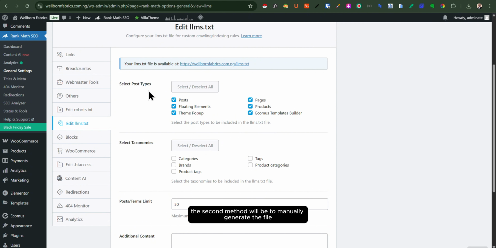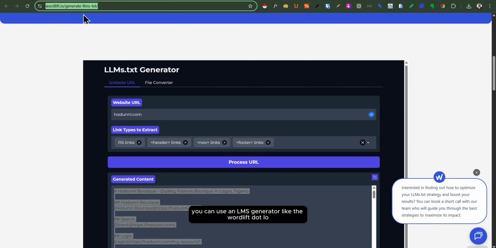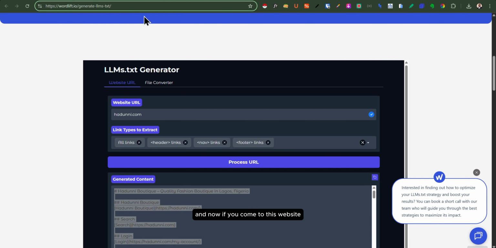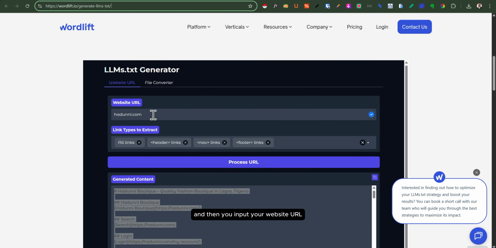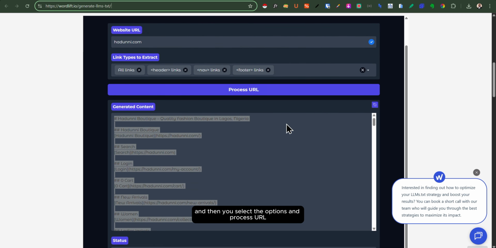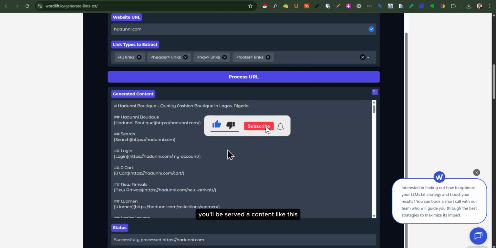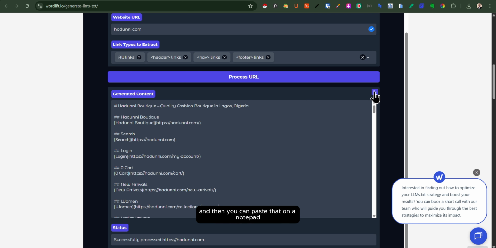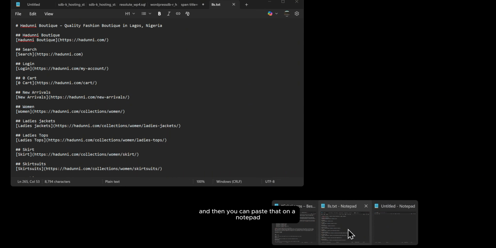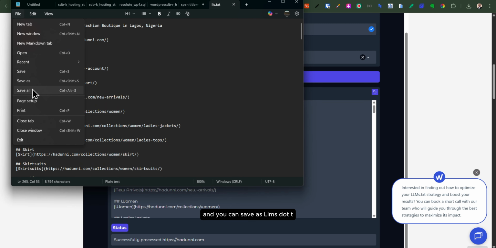The second method would be to manually generate the file, and for that you can use an LLMS generator like wordlift.io. Now if you come to this website and then you input your website URL and then you select the options and process URL, you'll be served a content like this. This is the content for your LLMS.txt file. So all you have to do is just click to copy, and then you can paste that on a notepad and you can save as